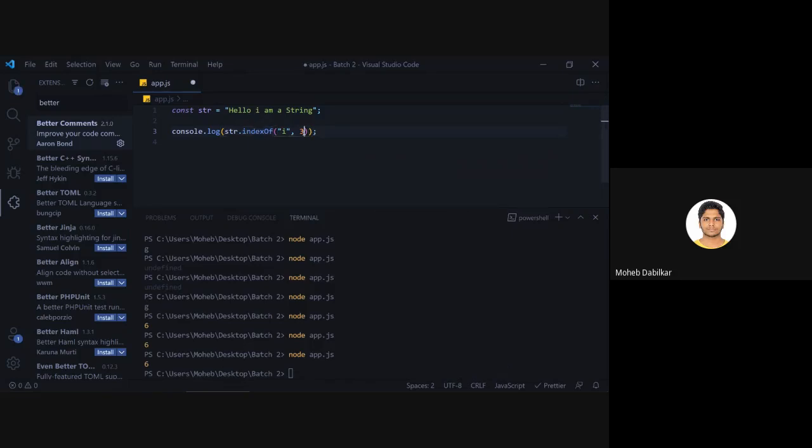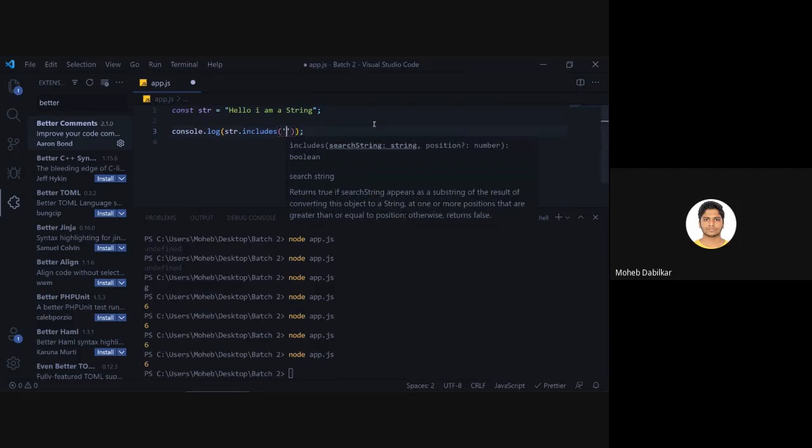All right, so it should be working. Well, it does not work, that's a sad thing. So let's just forget about this. Then we have something known as includes. So this is the one we will be using. We'll be using it for validation.